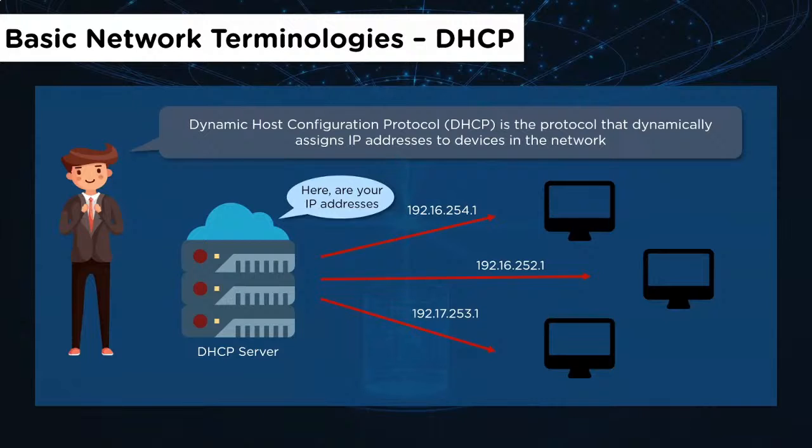So whenever a machine boots up, it sends out a broadcast request looking for the DHCP server, and then there is communication with the DHCP server. The DHCP server then allocates an IP address to the computer that is requesting it, and once the IP address is allocated, it is entered in the DHCP server's cache with the corresponding MAC address of that particular machine.